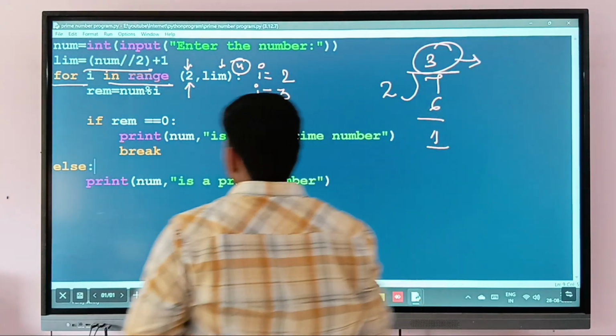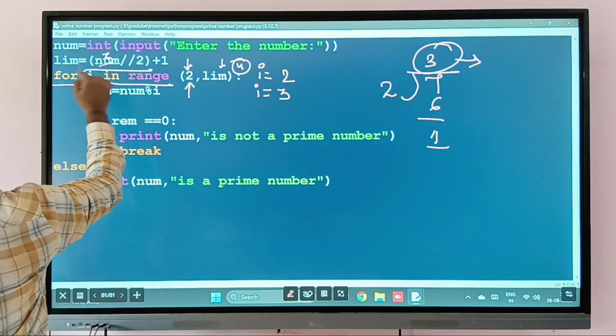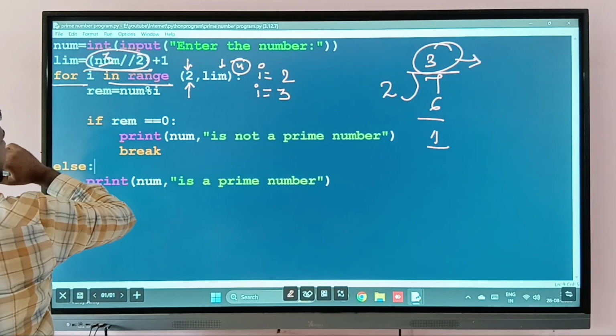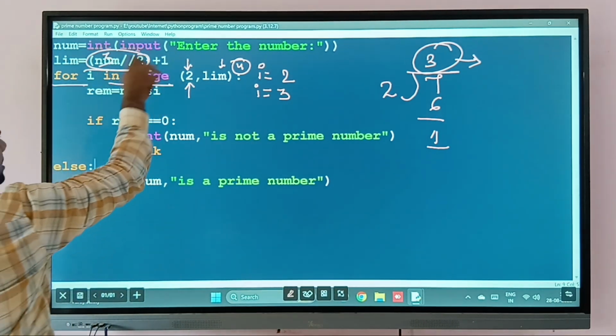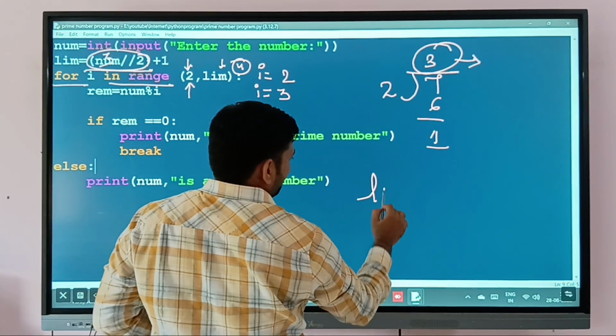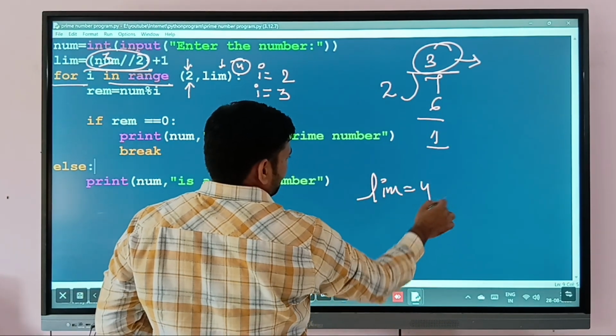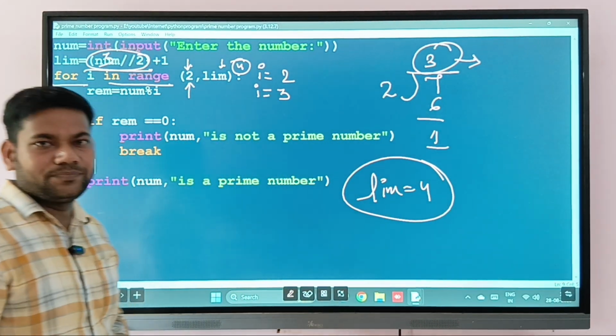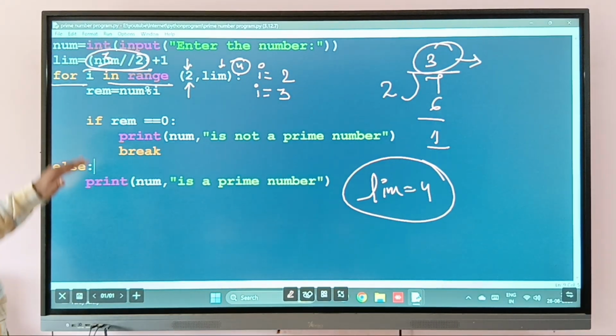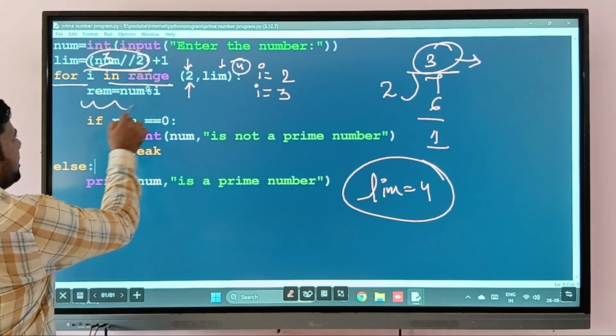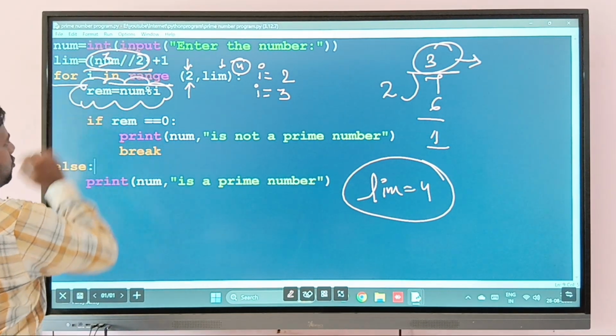The value is 3. When we solve this bracket, the whole value is 3. 3 plus 1, 4. The new value of lim is 4. Is it clear? So it means that this statement will run 2 times.